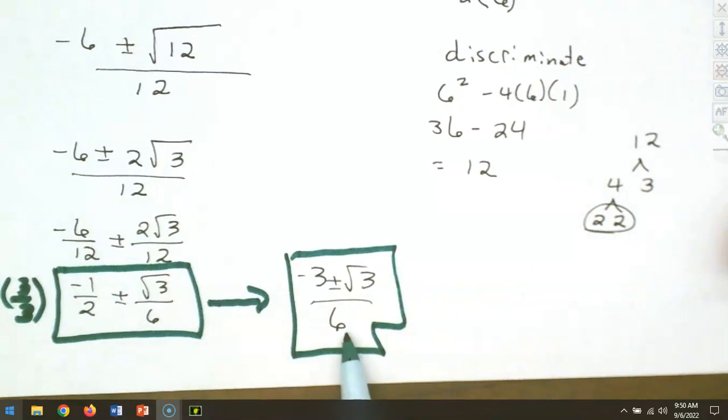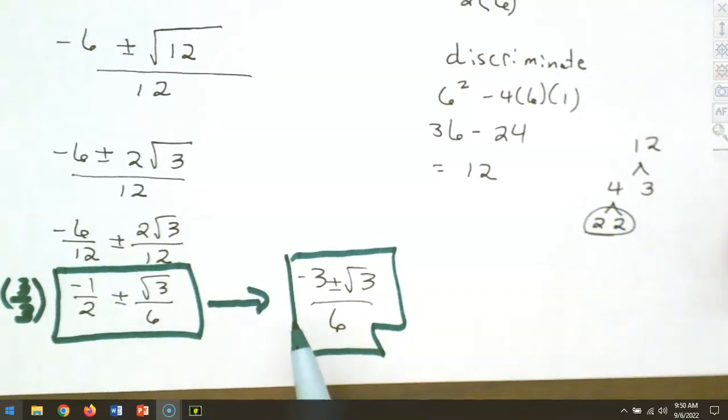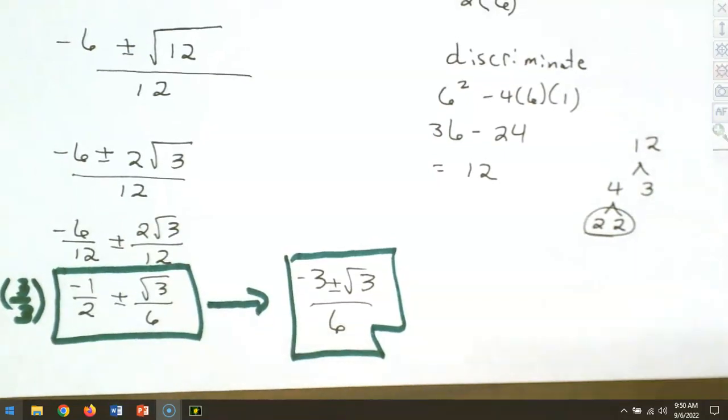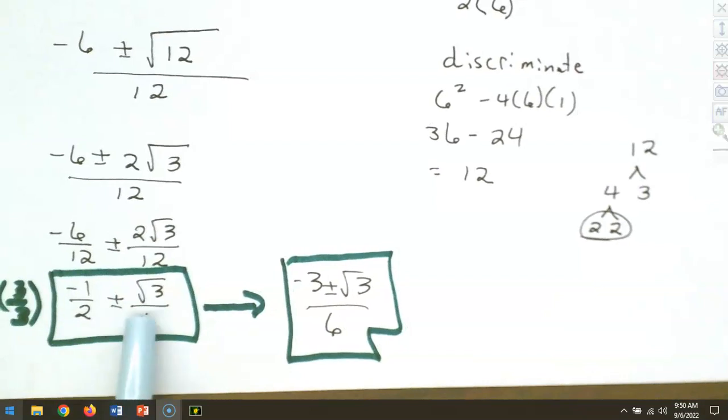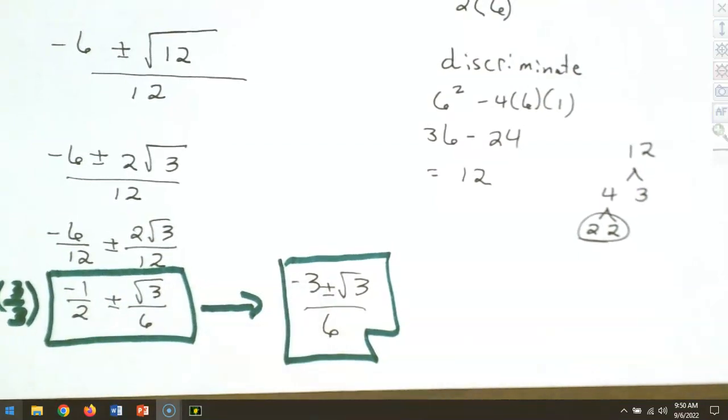This is the same as that. It's just written differently. So when I look at my answer choices, I see this is not one of them, but I look and I saw that they were all under one fraction bar. So I just multiplied this by 3 over 3 because we need a common denominator of a 6 there. And that gave you that, which that then should come out to be